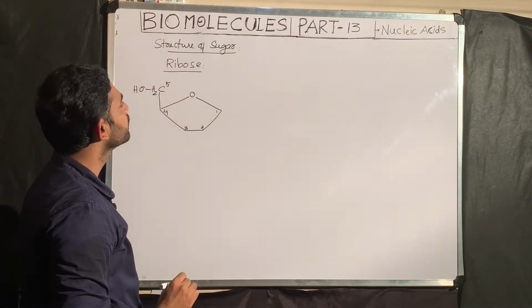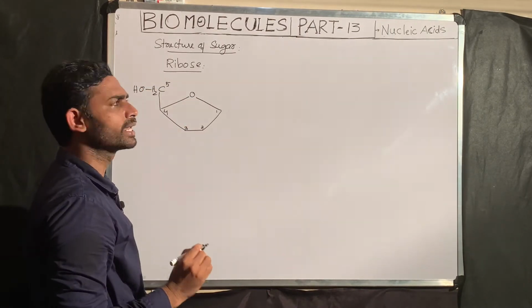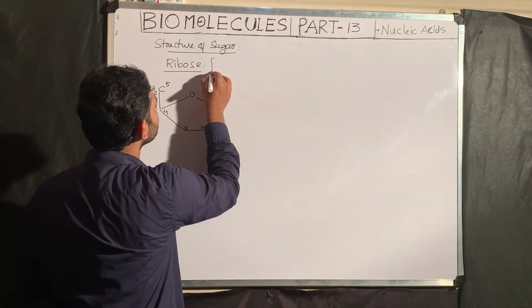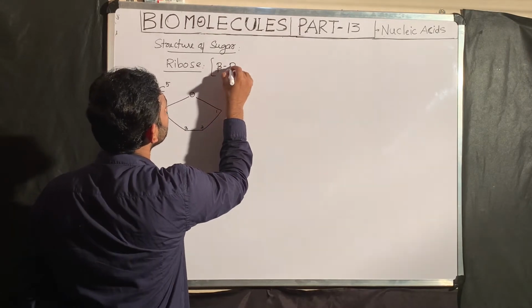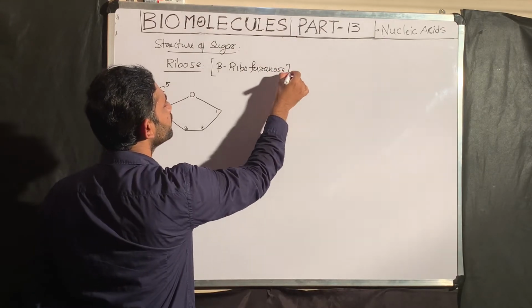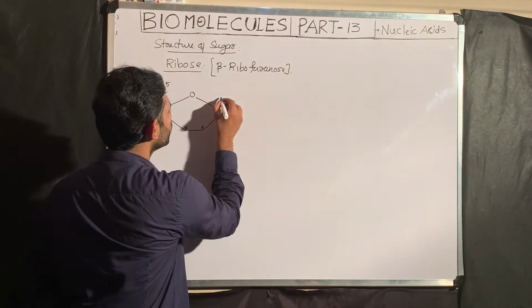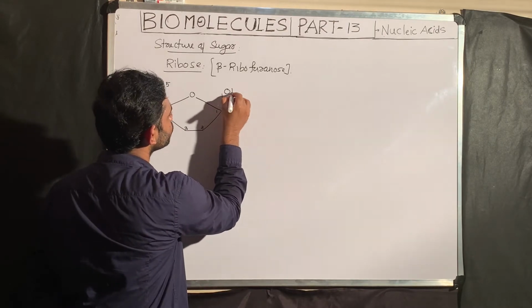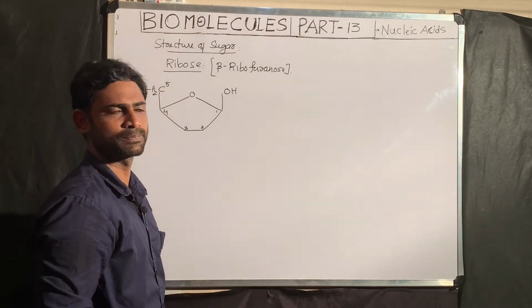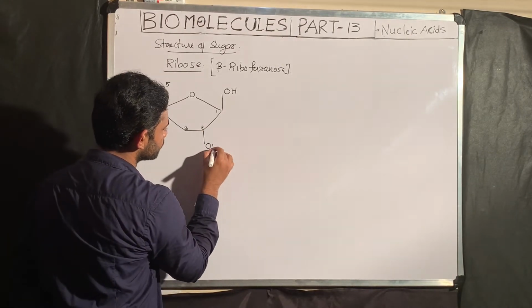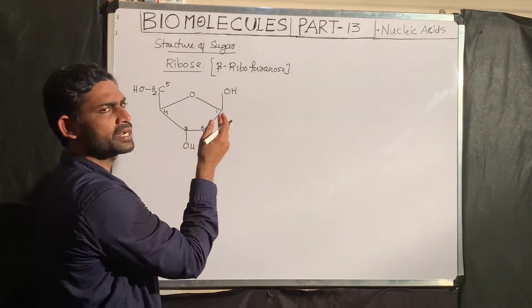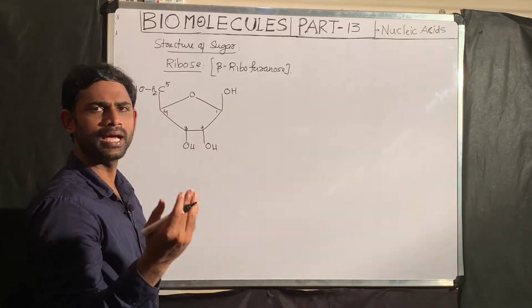Now, what is the sugar in the case of RNA? That is a ribose. More exactly, that is a beta-ribofuranose. What is the meaning of beta? Beta is an anomeric form. The OH group on the anomeric carbon, that is the first carbon, towards the upside, is the beta anomer. If it is down, that is the alpha anomer. That I will explain. Next one I am filling. See this one. This is a beta-ribopyranose structure, the sugar corresponding to the RNA.